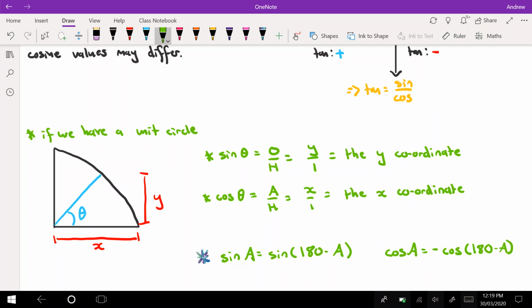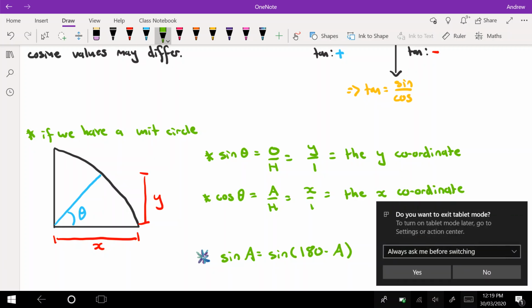So sine 40 is equal to sine of 140, because 180 take 40 is 140. Cosine of 40 would be equal to negative cosine 140. They're going to be really helpful when we get to some identities as well as some difficult types of trig problems, and they're going to be helpful when we get to trig proofs as well. So keep those